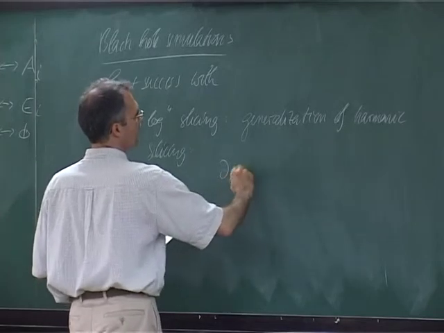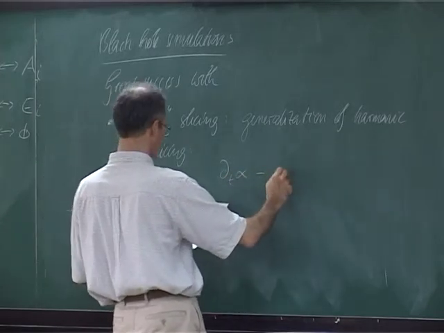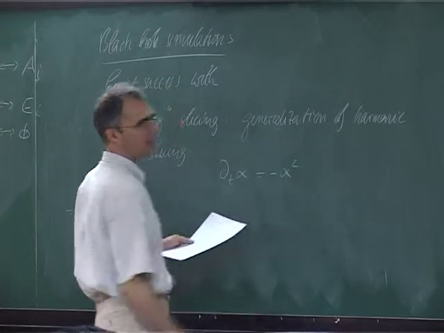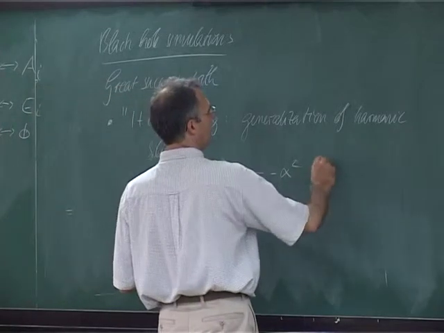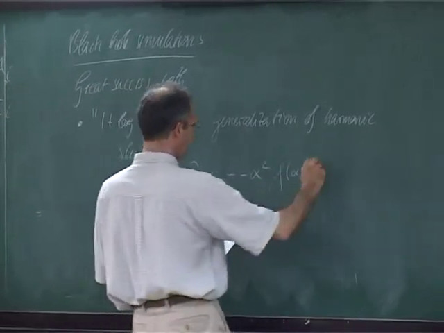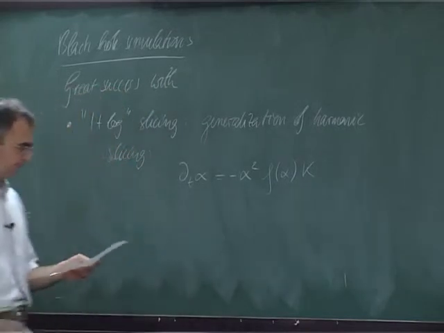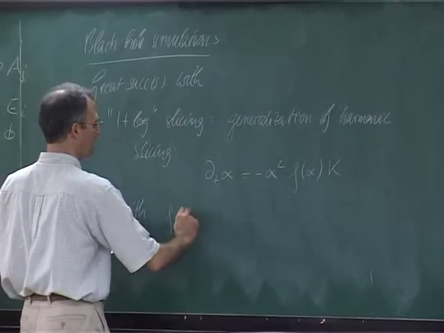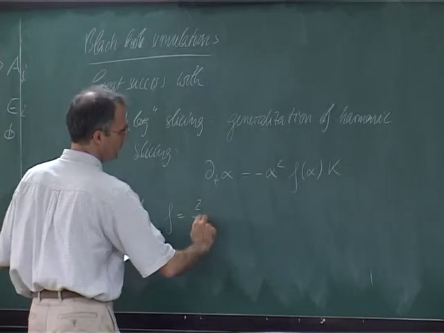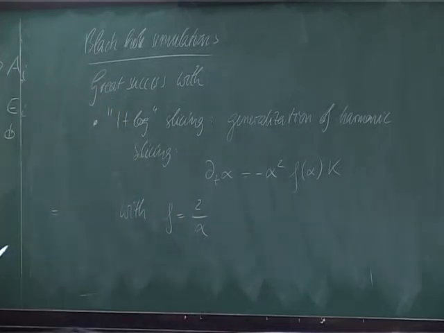Basically what you say is, well, this morning I told you this is minus alpha squared K, where K is the trace of the extrinsic curvature, the mean curvature. But now I allow for an extra function that depends on alpha, and here's your K. And it turns out if we choose this function f of alpha as 2 divided by alpha, then